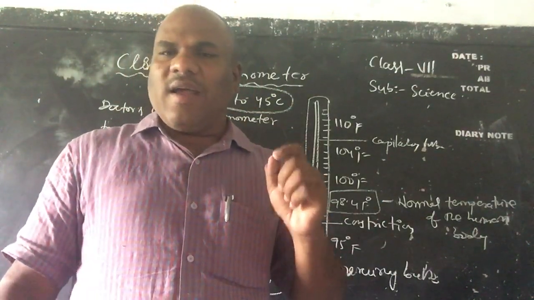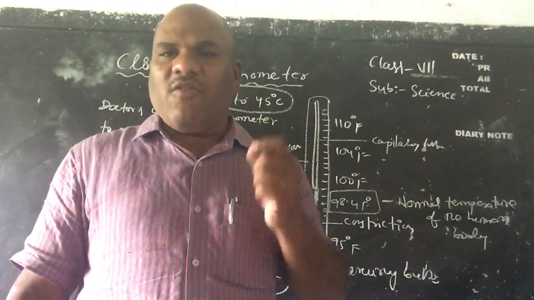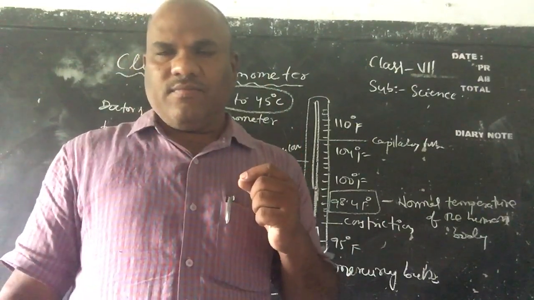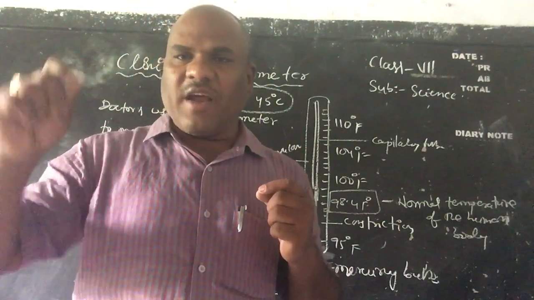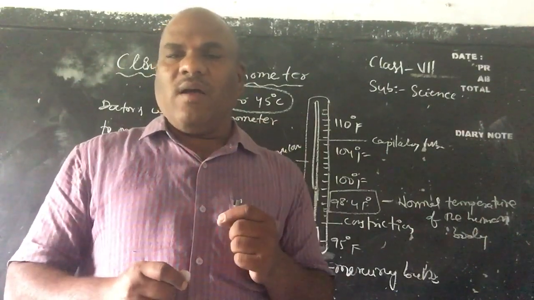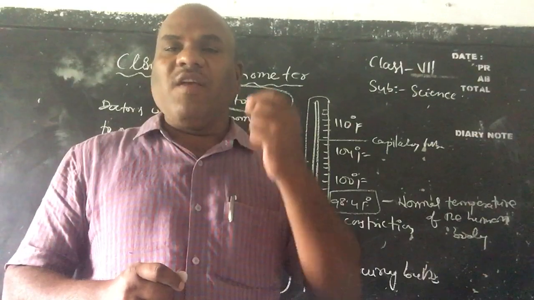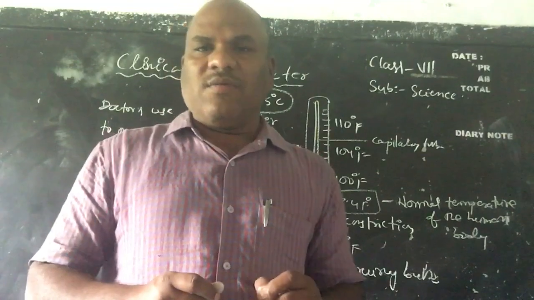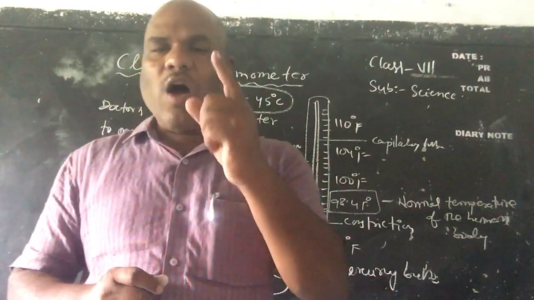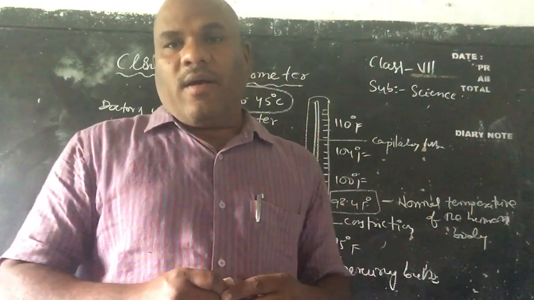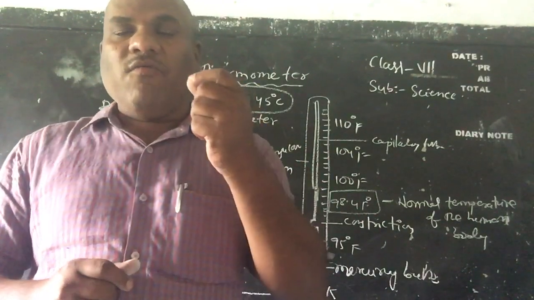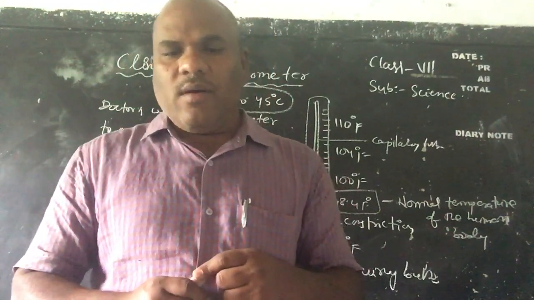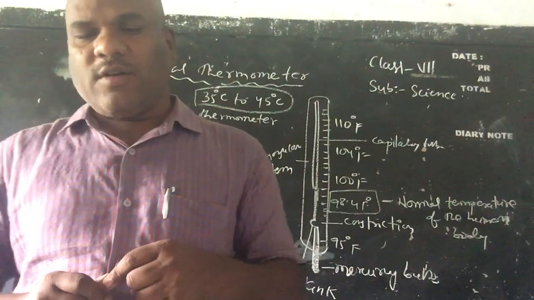Children, it does not allow the mercury to fall down once it has measured the body temperature. Unless you jerk it or shake it, the mercury level will not come down and steadily return to its previous place. So the major role of the kink in the capillary tube near the mercury bulb is to not allow the level of the mercury in the capillary tube to fall after finding the temperature of the human body, children.